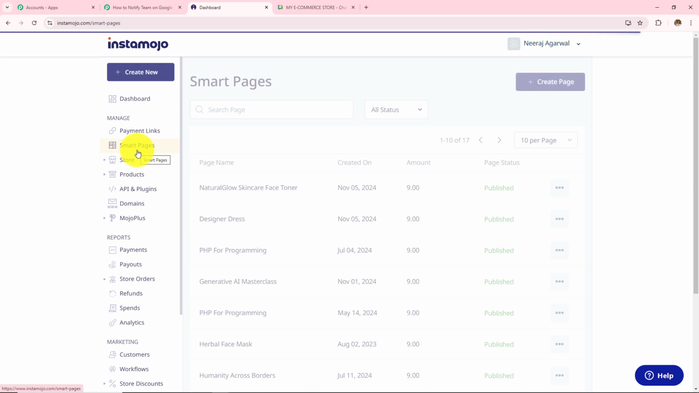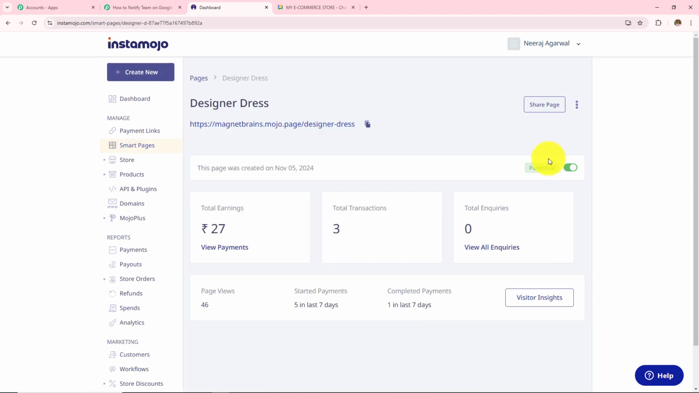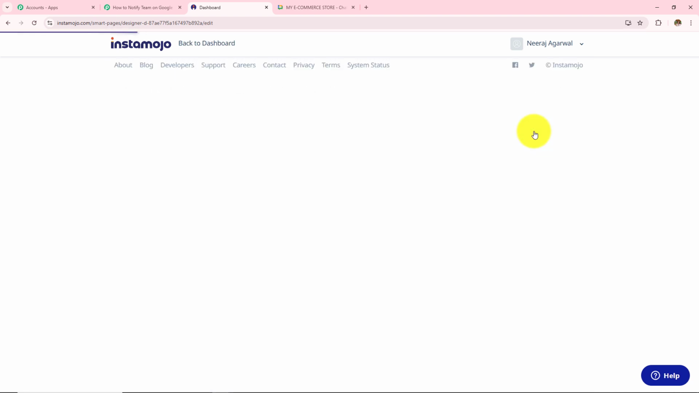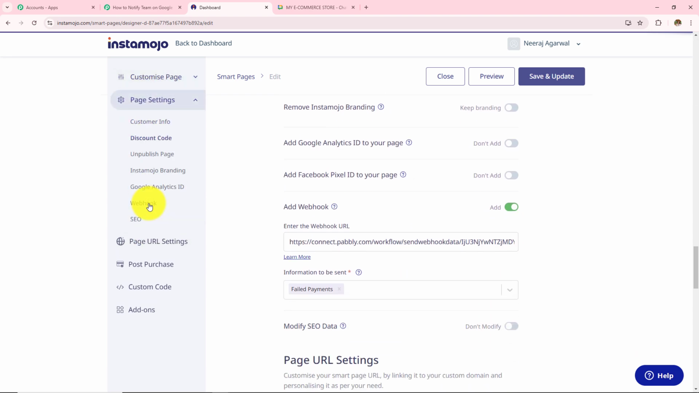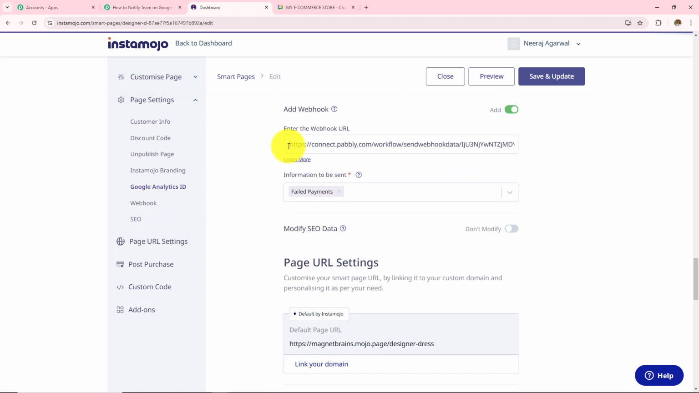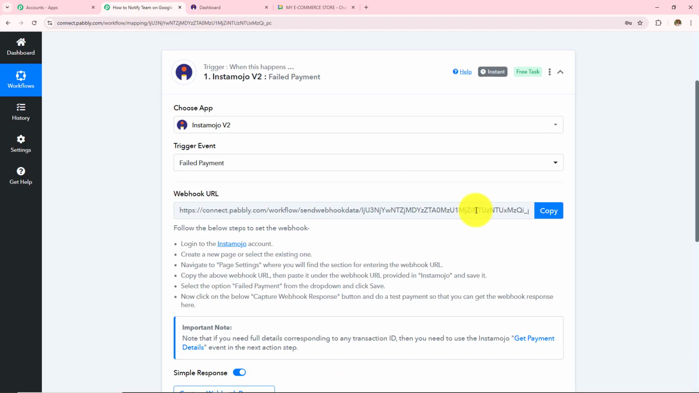So I will open this, and here this is my product, let's say. I will open this and from these three dots I am going to click on edit page, where I have to click on page setting and then on webhook. Over here I need to remove the previously existing webhook URL, go back to Pabbly Connect and then